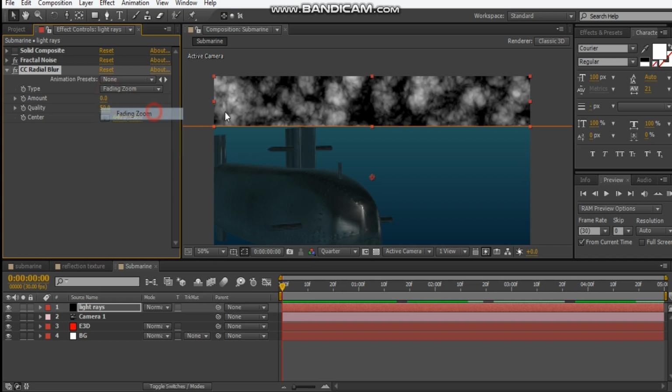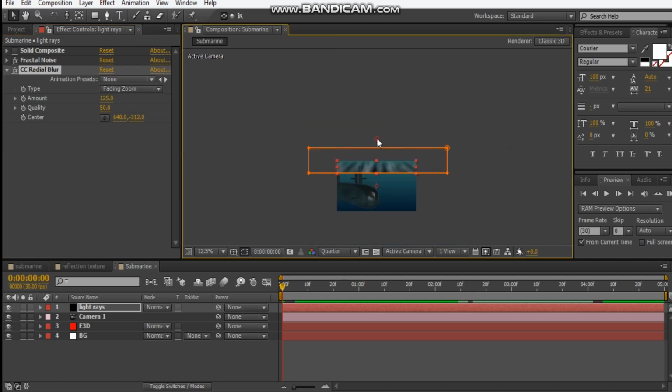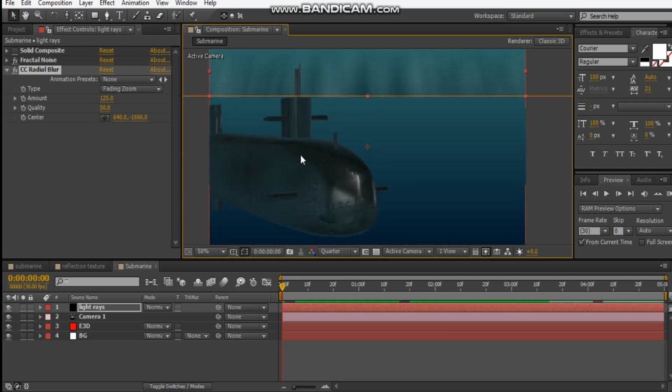I'll set it to fading zoom. And I'm just gonna crank this up. And now if we grab this point and just take it up, I'm holding shift to make it perpendicular,